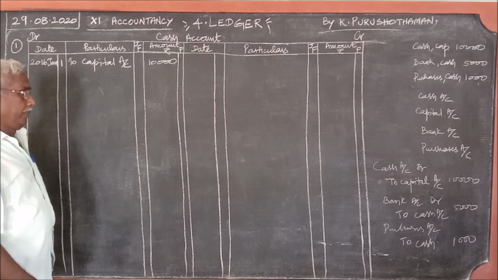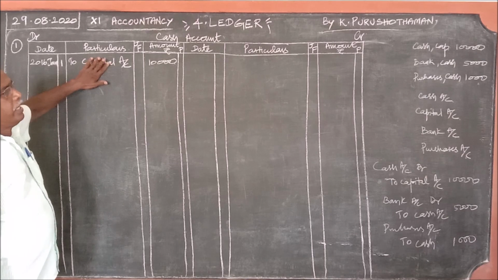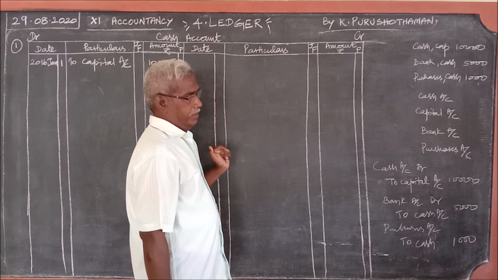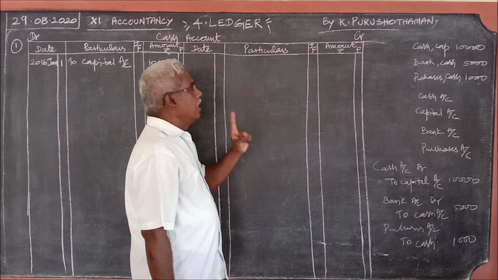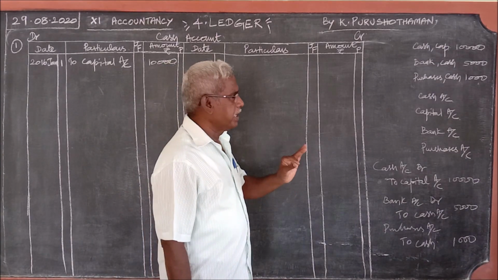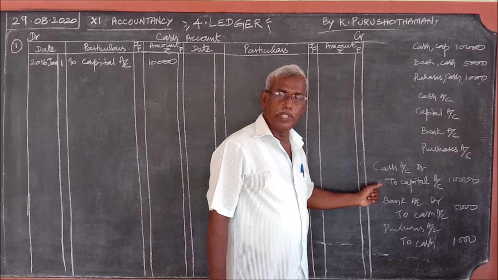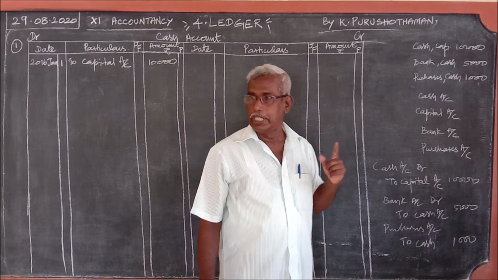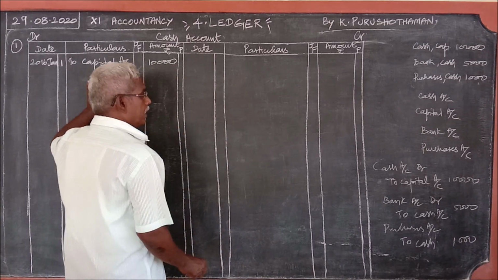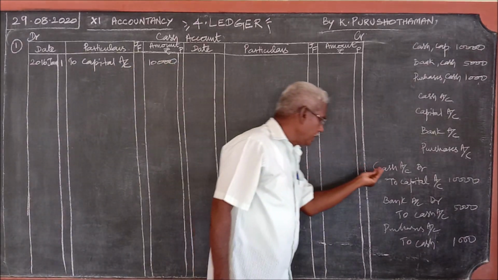I repeat once again, where you should make the post. Because since you are learning it for the first time, I repeat once again. There are two sides, the debit side and the credit side. We should pass entry only on one side of the ledger. Where we must pass entry, it depends upon where it is appearing. See the journal. In the journal, cash account is appearing on the debit. So the entry should be made on the debit side only. But not the cash account, the other account which is coming along with it.